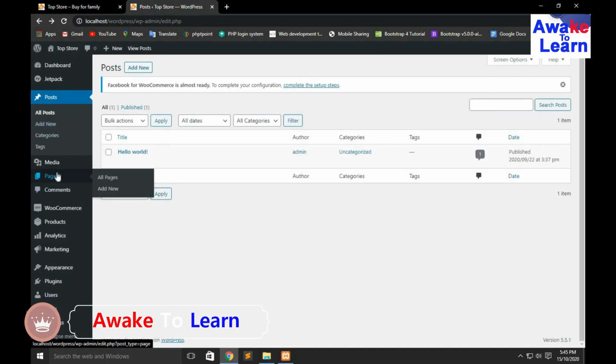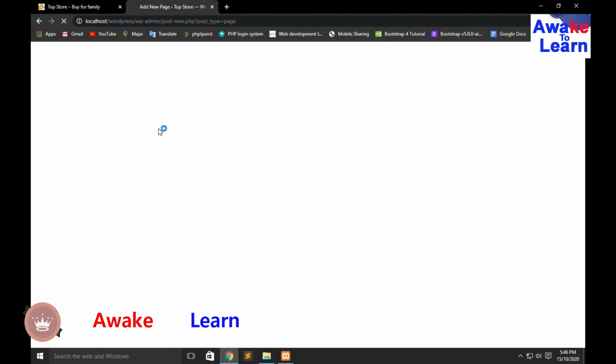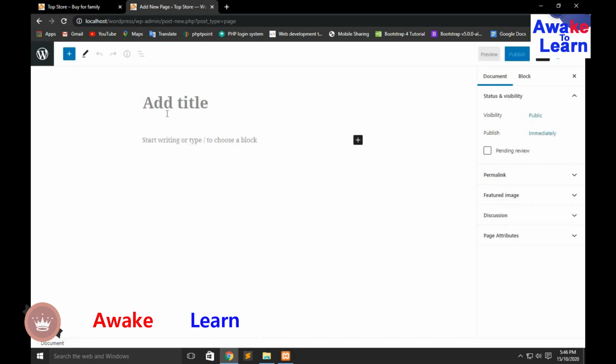And this is the pages section. From here we can create all the pages inside the theme. So from here we can add new pages. Just give the title of the page, and this is the permalink of the page.